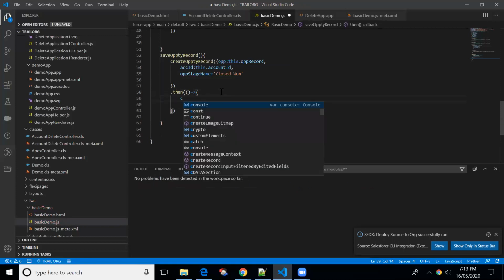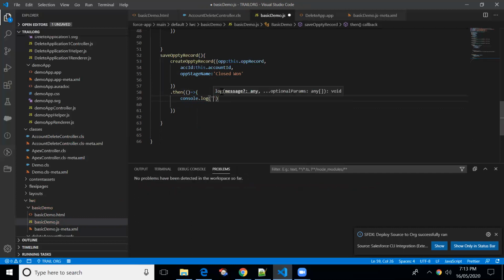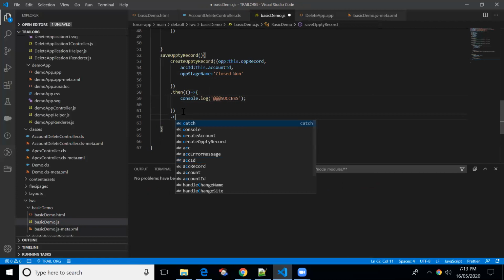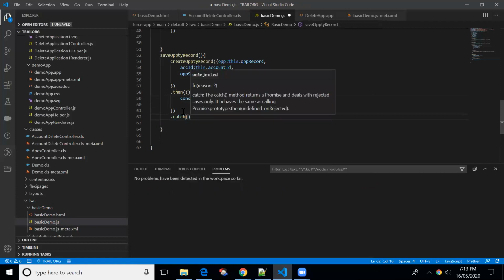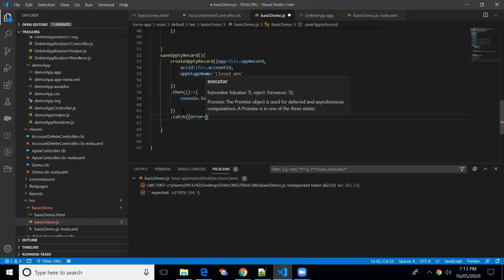Let me put some message: console.log success. If you are not able to insert the record successfully, then it will enter into the catch block.